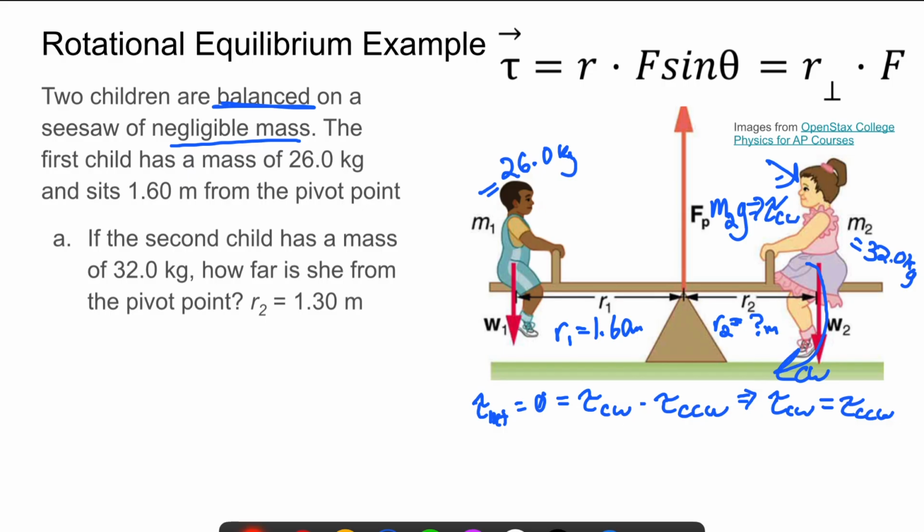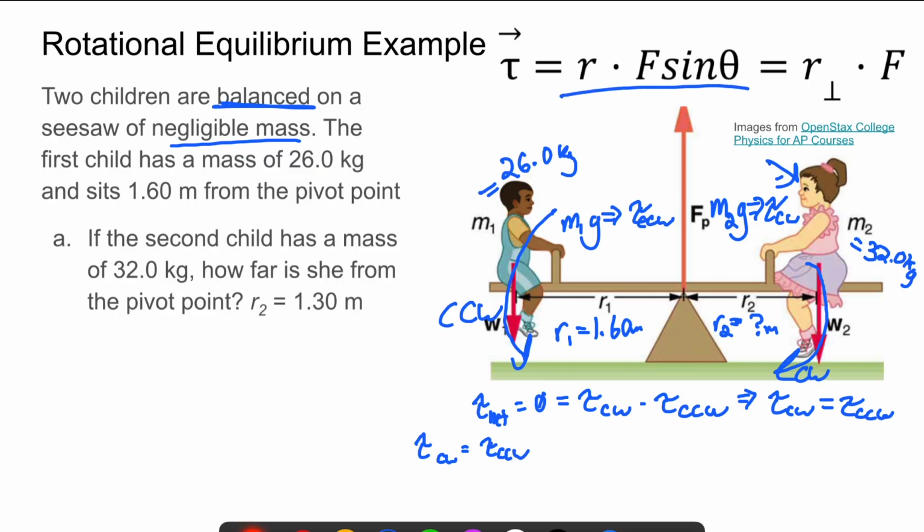And then on the other side, our child 1 would be rotating the seesaw in a counterclockwise direction. So that means that his force of gravity, or m1 times g, will be providing the torque that is counterclockwise, right? So if we rewrite this as our torque in the clockwise direction equals our torque in the counterclockwise direction,